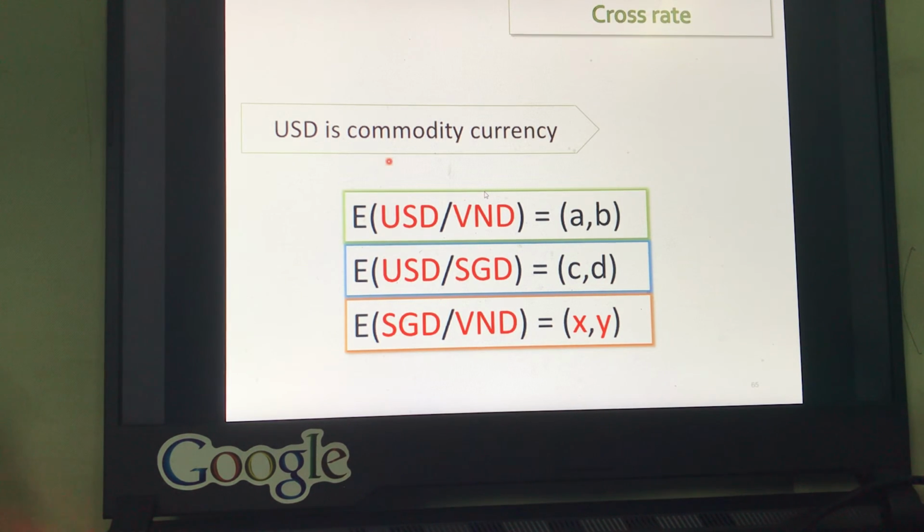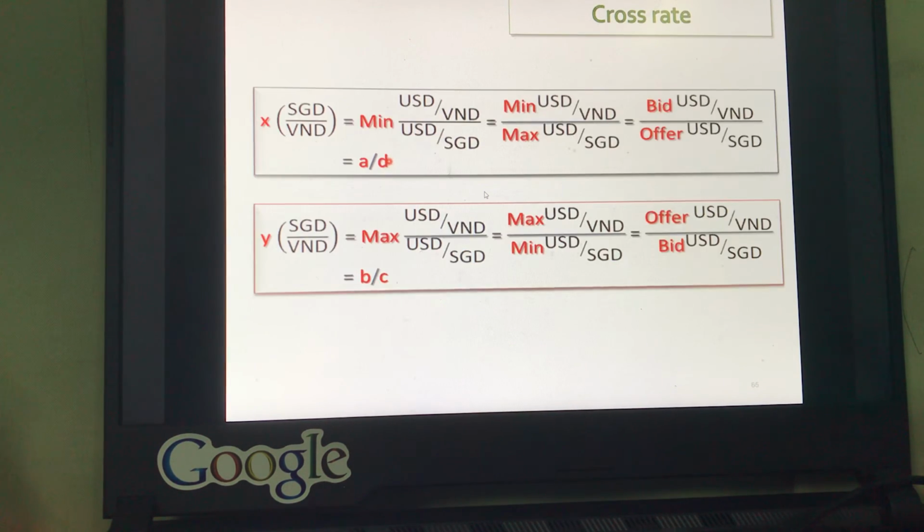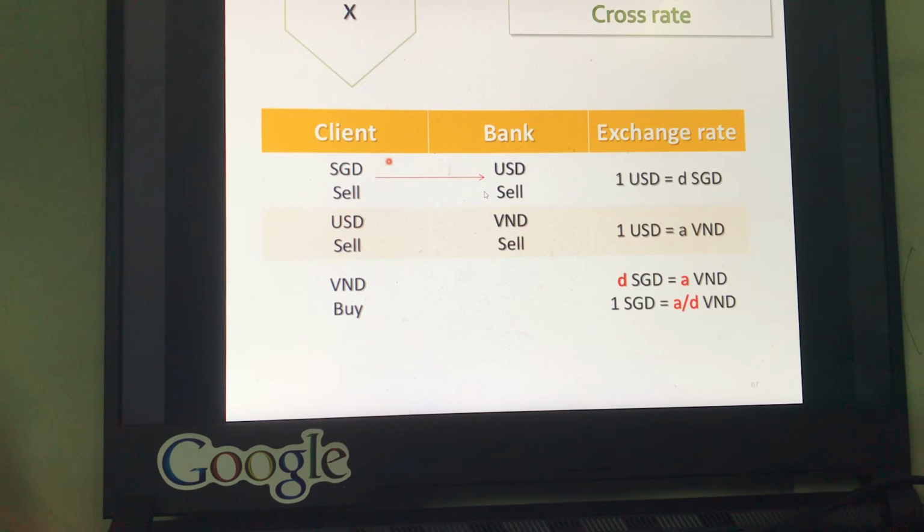So X is the rate at which the quoting bank buys the SGD. Okay? So to compute the bid rate,